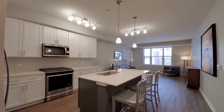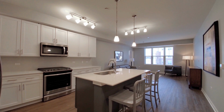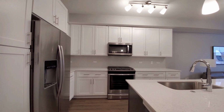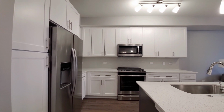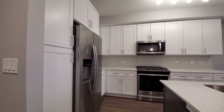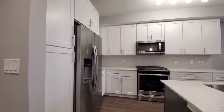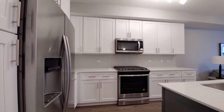I'm in the foyer of a Doncaster layout, 1 bedroom, 1 bath, with a den. There's a terrific kitchen off to your left as you walk into the apartment. White cabinetry with 42-inch uppers for additional storage. It's a pantry cabinet. Stainless steel appliance package includes a side-by-side refrigerator freezer with ice and water in the door. There's a built-in microwave, 5-burner gas range,